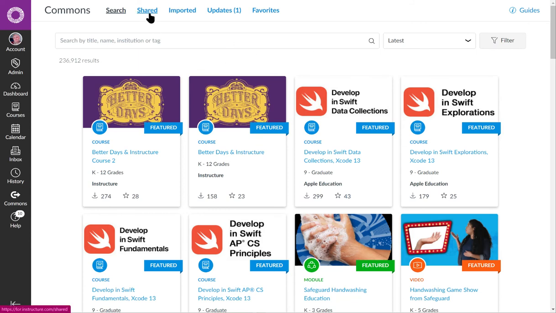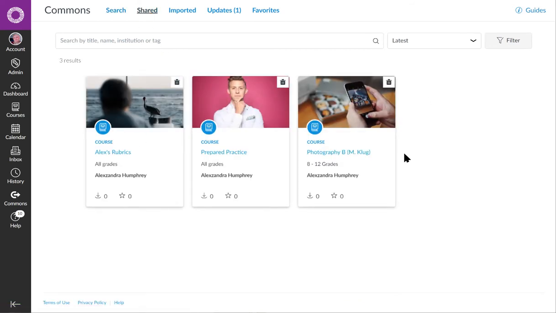But up here at the very top of the screen where it says Search, Shared, Imported, Updates, Favorites, if you click on Shared, that will be all the resources that you have shared to the Commons. In this case,